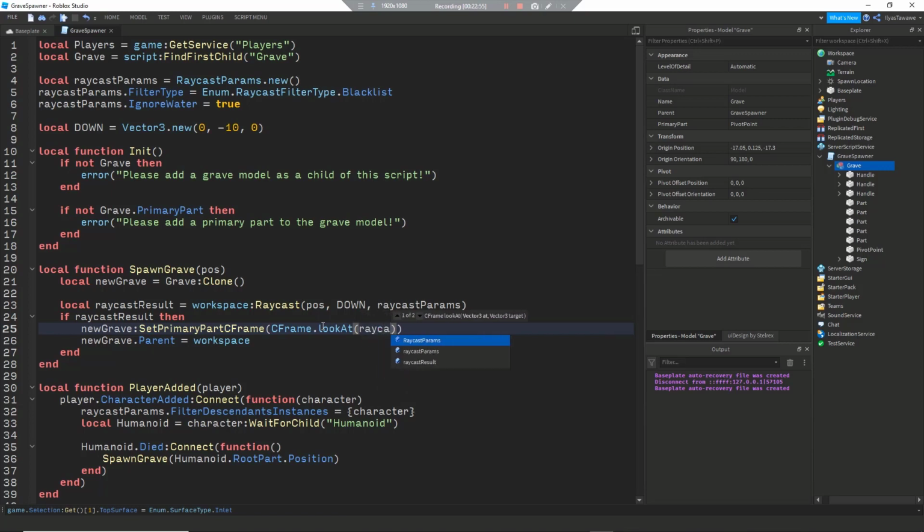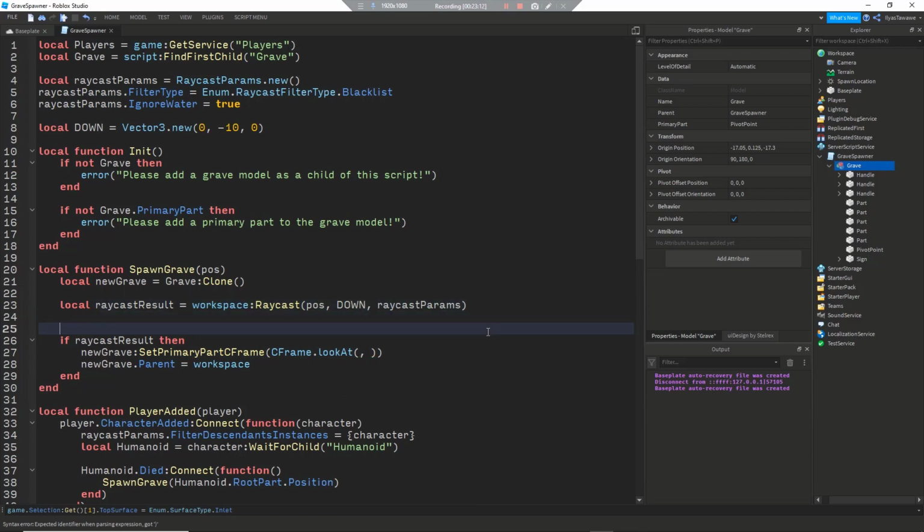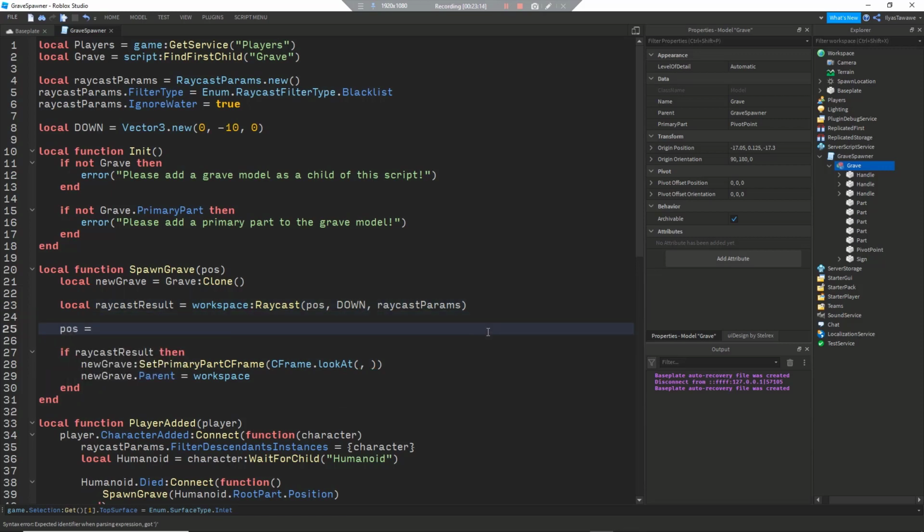So what we'll say is raycastResult.Position, and Vector3 target, which is raycastResult.Position. So actually, what I'm going to do is I'm going to say this pose. I'm going to override it to this so it's cleaner. Pose, comma, pose plus